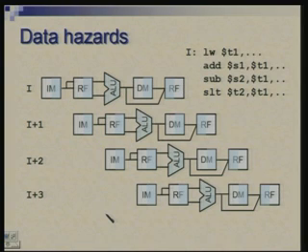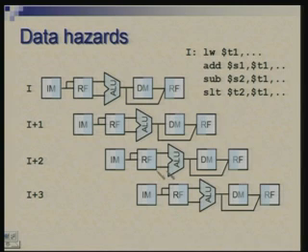Okay, let us look at the impact of data hazards. So, suppose you have a sequence of instructions, load word followed by add, subtract, SLT. The key thing to be noticed here is that this instruction is putting something in register T1 which is utilized by instructions which are following it. Okay. Now, let us try to understand where will this value be put in T1 and where will it be utilized. So, instruction I will have this information brought from memory and put back in this register file in the